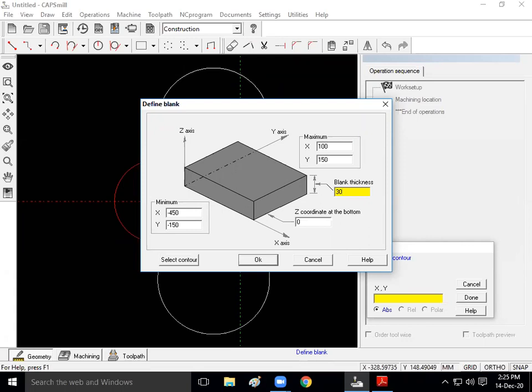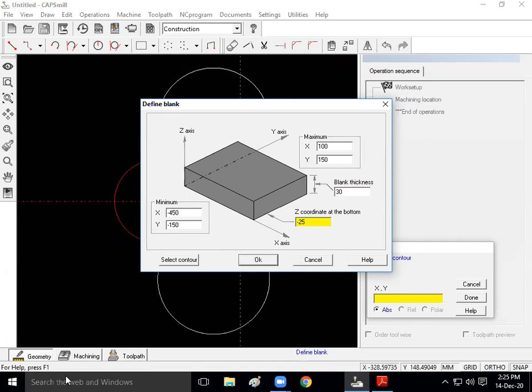The actual thickness of that part is 25 mm, but I'm going to take its thickness as 30 mm, and later I'm going to do the face milling by 5 mm. So blank thickness I'm going to specify as 30, and z coordinate at the bottom I'm going to specify as minus 25, the negative value of the thickness. Click on OK.